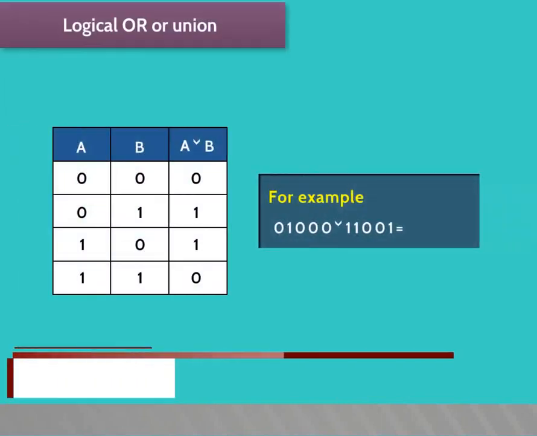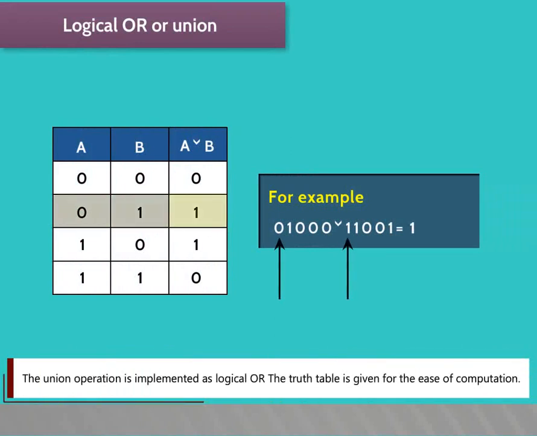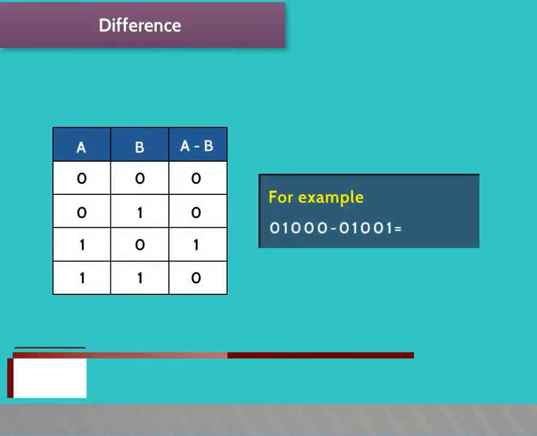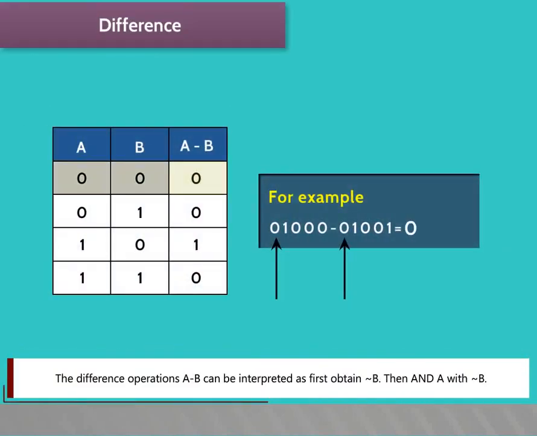Logical OR or union. The union operation is implemented as logical OR. The truth table is given for the ease of computation. Difference. The difference operation A minus B can be interpreted as first obtain negation B, then AND A with negation B. The truth table can be